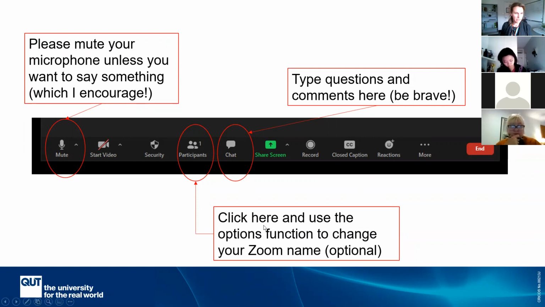If you want to be called something different than what your Zoom name comes up as, then you click on the participants there and you get little options next to your name, and you can change what comes up on the screen. And I really strongly encourage everyone to post comments in the chat. I'll give you opportunities throughout the webinar to share your thoughts, and we'll spend a little bit of time going through those together, because I think that we have such a diversity of experience between us that we can learn more from each other than we can from just listening to me go on and on by myself. So that in mind,